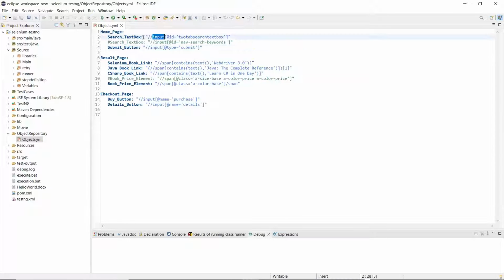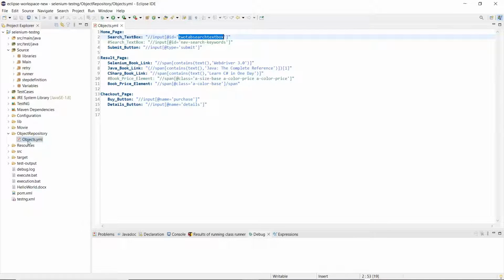Now, to access the element using different locator types like ID, name, XPath, class name, and other available locators, we need to use some other mechanism to store the objects. One of the mechanisms which we can use is an XML file. We can store our objects in XML files where we can provide the locator type and locator value. So let's first add an XML file.